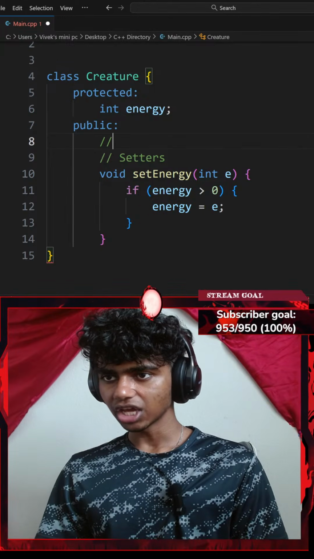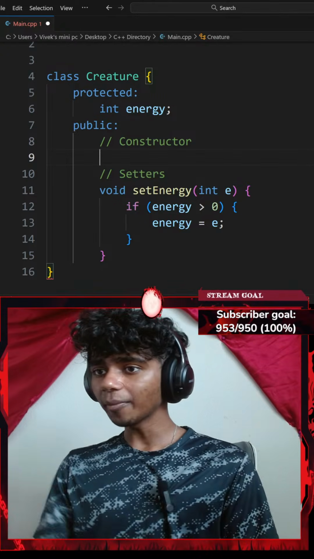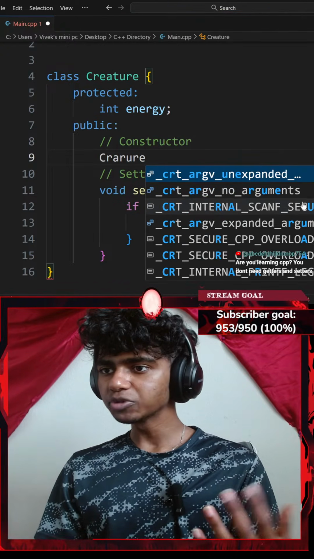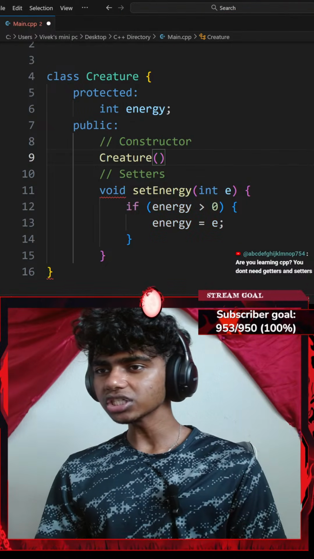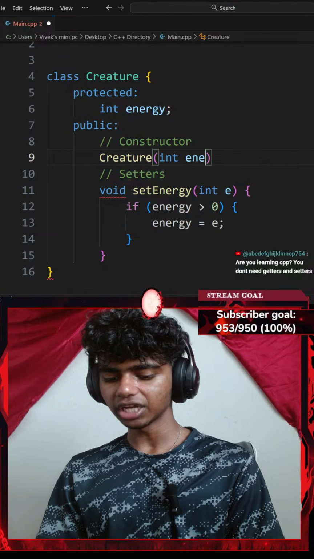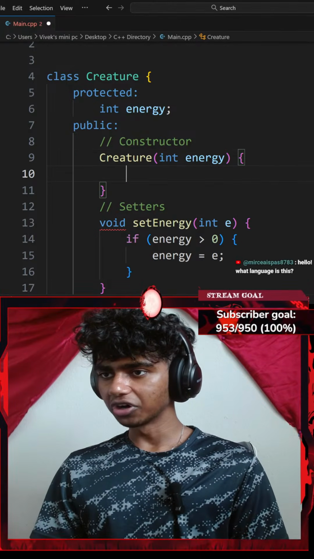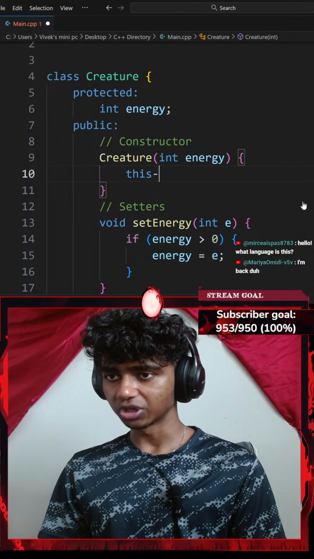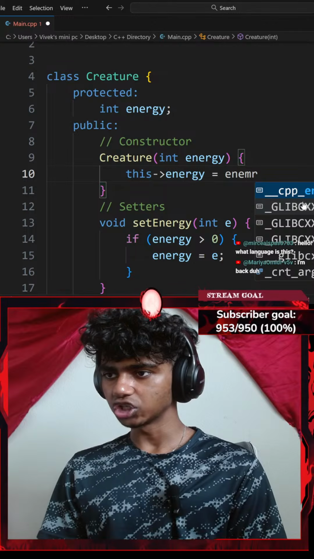constructor. For my constructor, I'm going to be creating a constructor for my creature object. So I'll go with creature, a pair of parentheses. My creature's constructor is going to require a parameter of energy, and then a pair of curly braces. Now let's initialize my parameters. I'm going to say this protected data member of energy is going to be equal to my energy parameter,